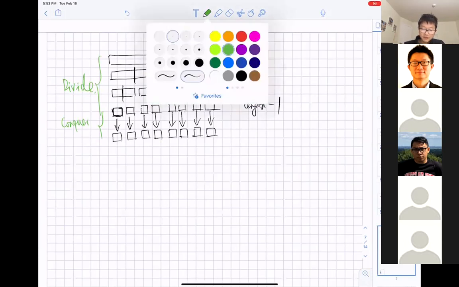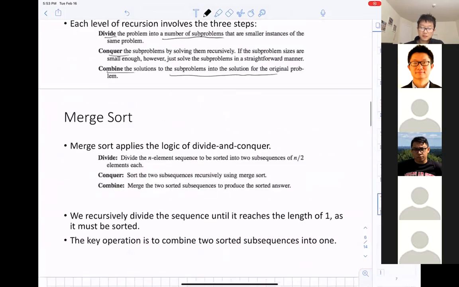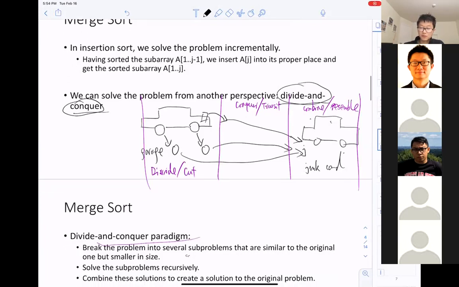And then finally, it is the combine step. If you remember the car example, in the combine step we just reassemble different parts back into the original car.